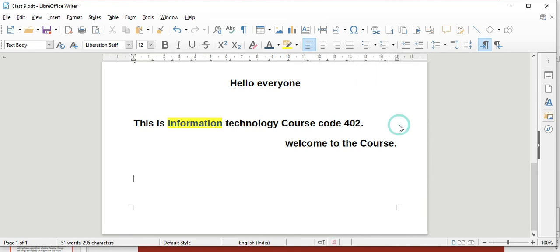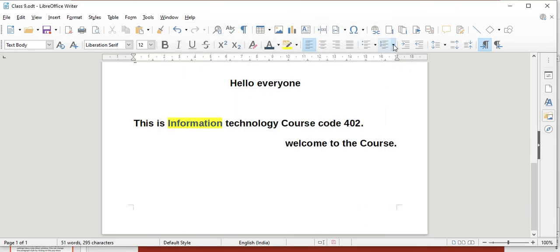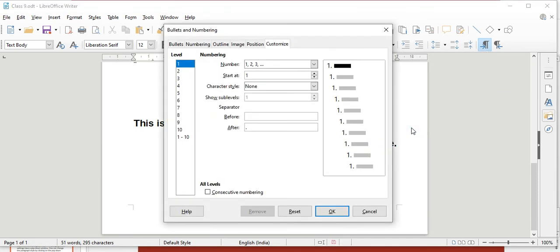Here you can do the selection of the sub list. And for the numbering list, here are the numbering lists in different formats like ABCD or Roman numbering. Or if you want more, you can just click on that and you can do the numbering or bullet list.